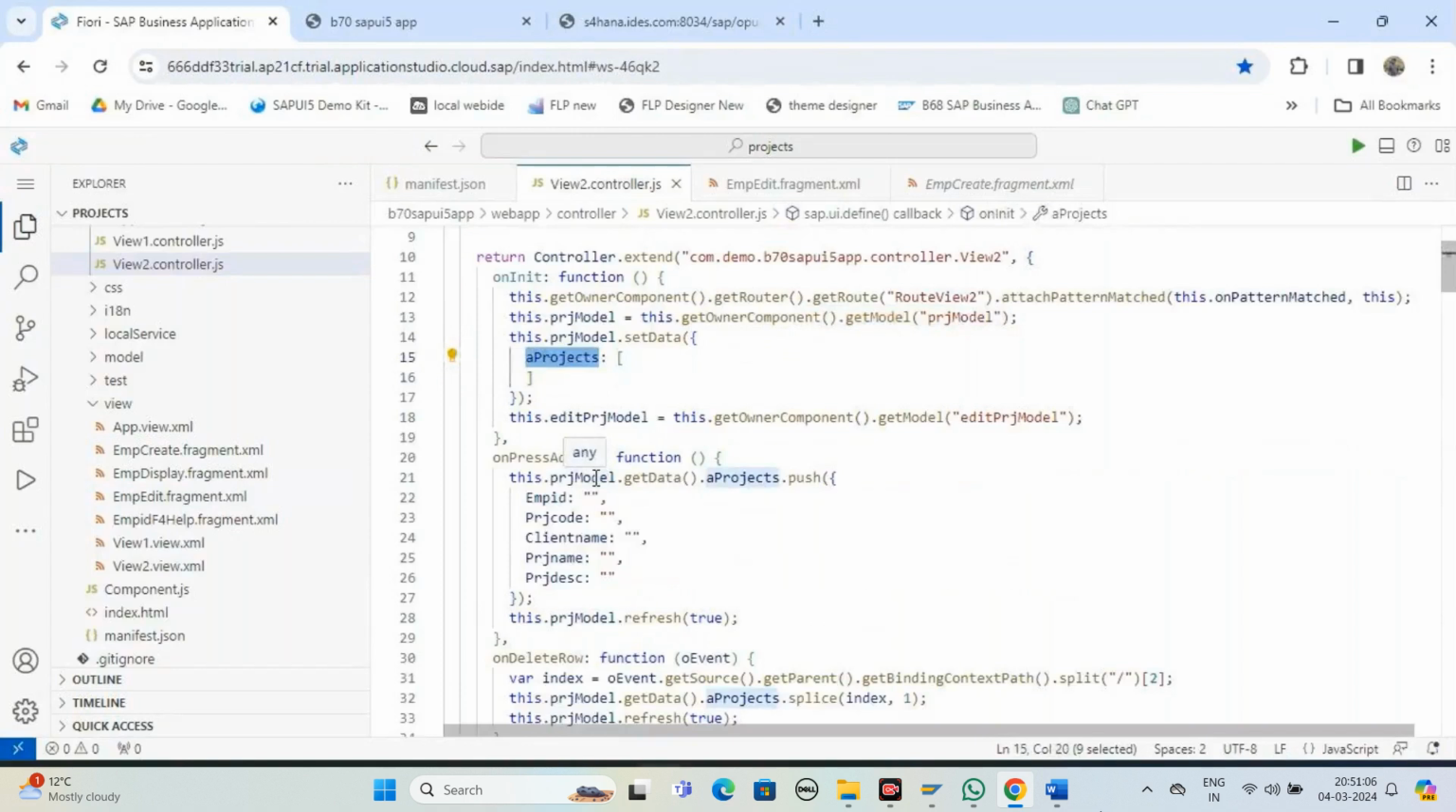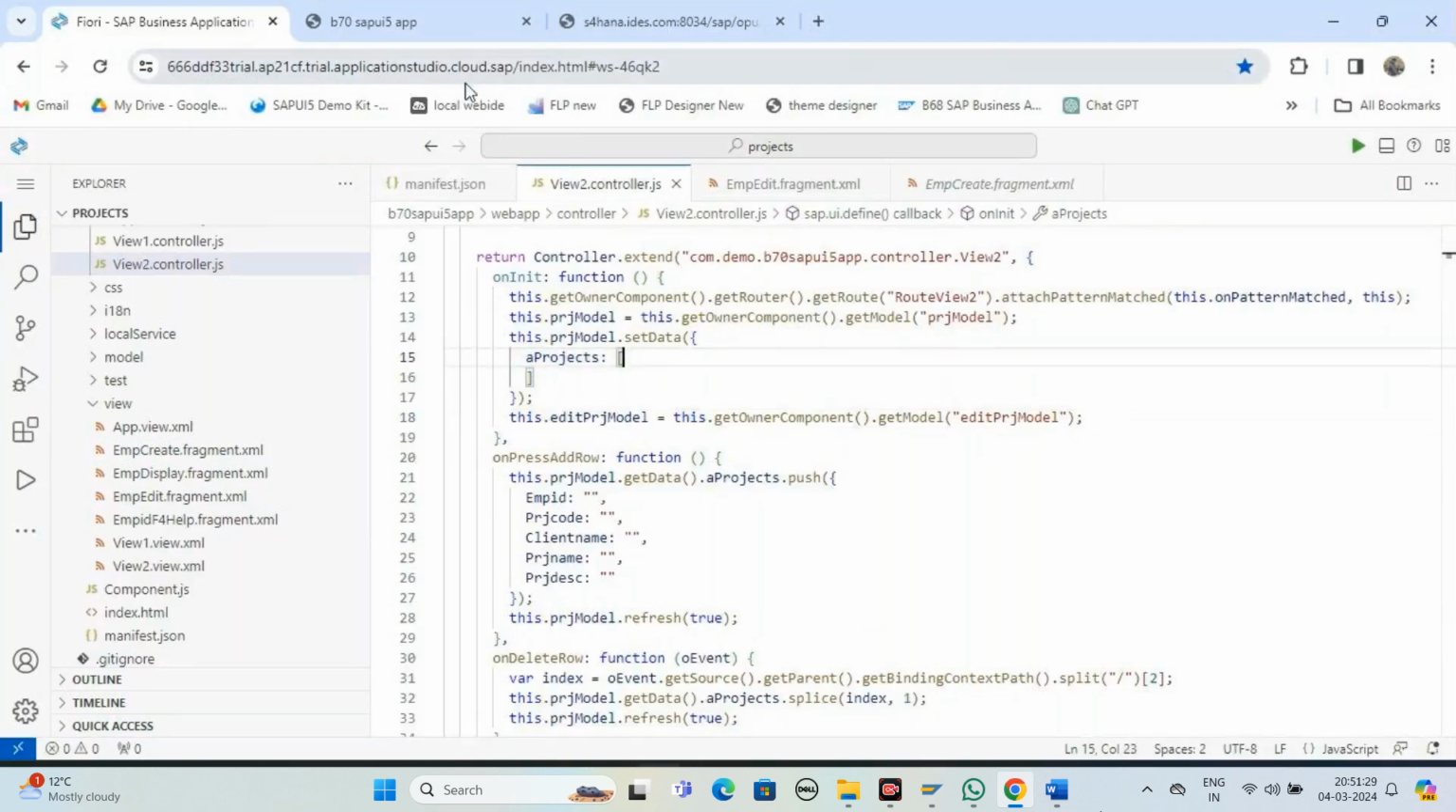But in the edit scenario, we are getting data from the backend. When we are getting the data from the backend, it is already coming in the array called results. So why do we need to create the array? Not required. That is the reason we just pulled out this JSON model, but we didn't add the array. I hope you are getting the point here. Okay, so